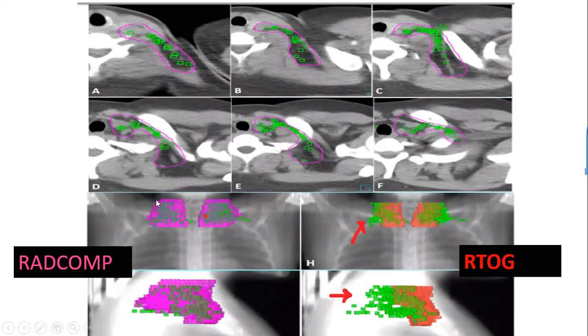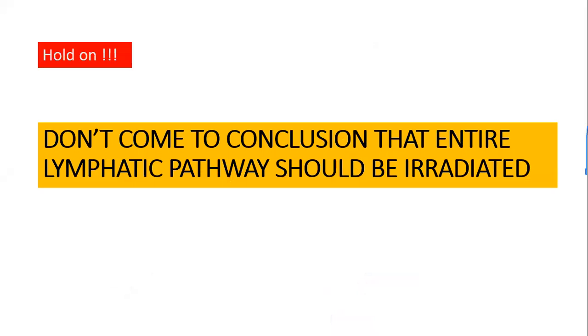So in overview, if we contour with RADCOMP, we are more or less able to cover the majority of the recurrence patterns. But if we contour according to the RTOG guidelines, we can see a large number of relapses occurring posterior laterally. This posterior lateral region is not being addressed when we treat with RTOG, and forget about ESTRO, which is a much smaller volume. So by the end of all the relapse patterns, if we come to the conclusion that we should treat every lymphatic pathway, we need to hold for one more paper to be discussed.